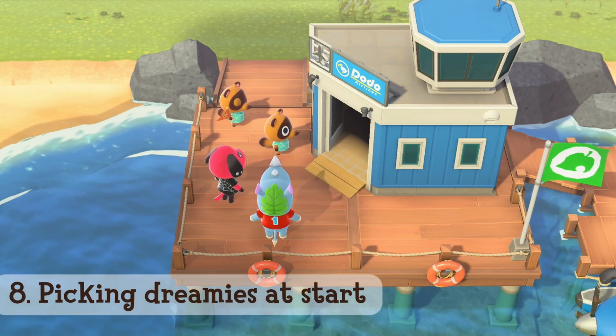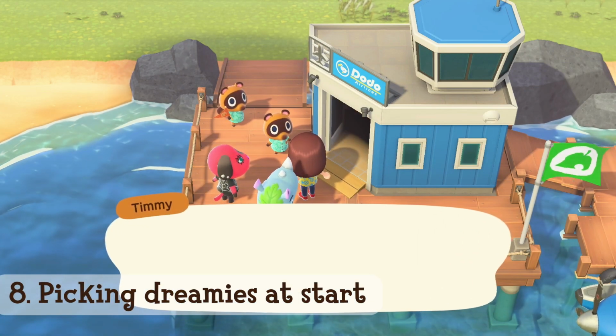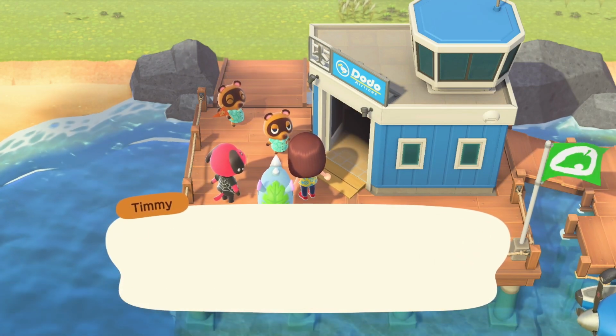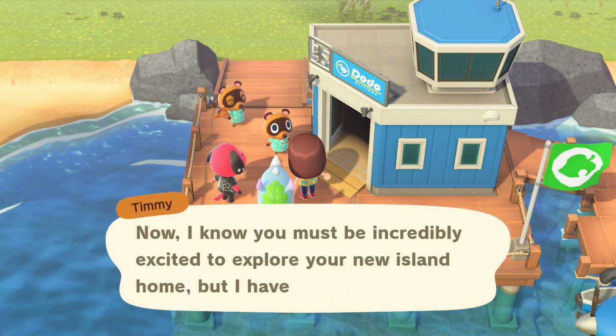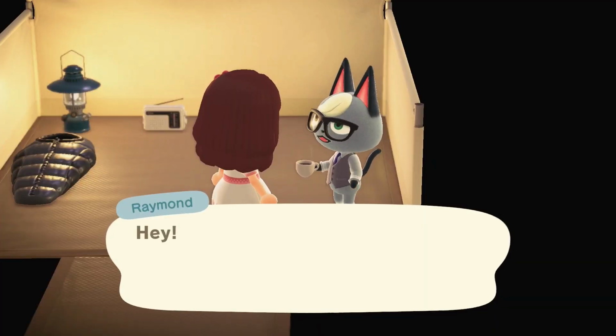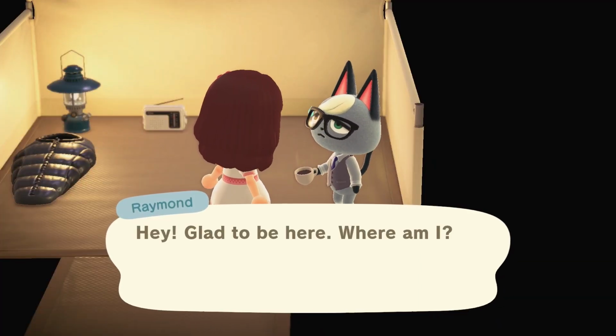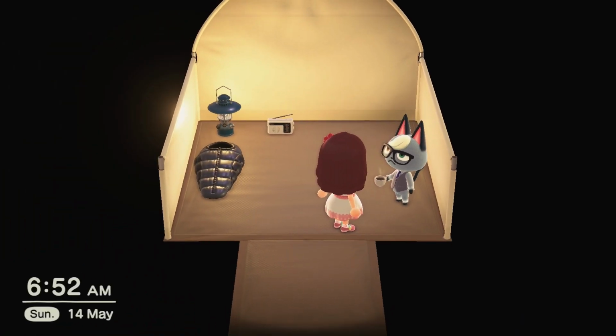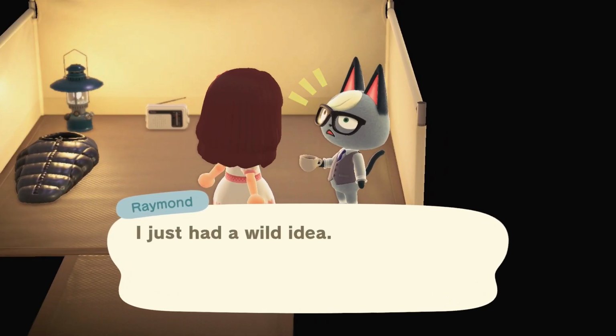New Horizons limits you to certain villager personalities at the start of the game, with your 2 starter villagers being a sisterly and a jock, and your first campsite villager always being a smug. You have no choice in these 3 villagers, you have to take them regardless of who they are, but you will be able to move them out later.